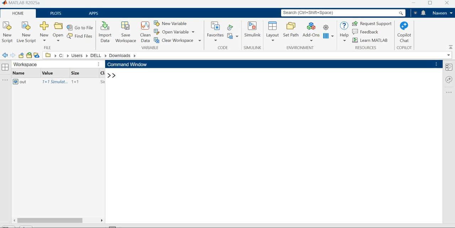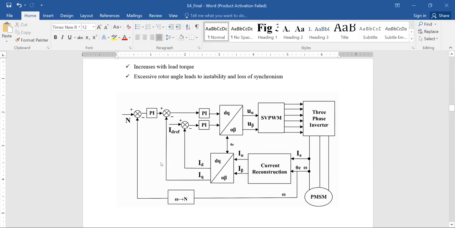Hi, welcome to the video lecture on simulation of solid state drives. In this video, we are going to see how to simulate the closed loop control of permanent magnet synchronous motor drive using MATLAB Simulink. The general block diagram of the closed loop control of permanent magnet synchronous motor is